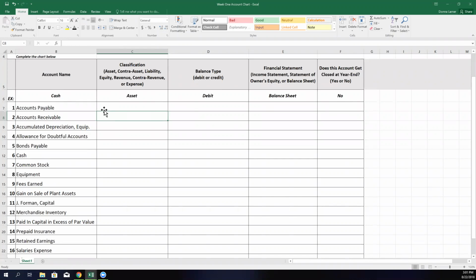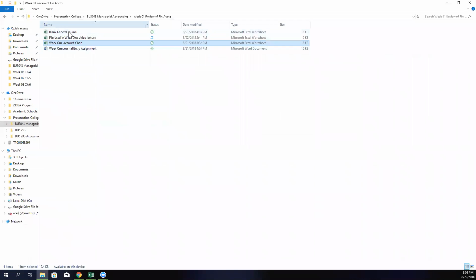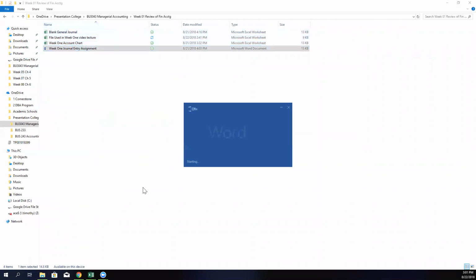But it's going to be important to have a good grasp of some of these fundamentals of accounting, because while we're going into a different area of accounting, it's still accounting. So we're trying to do some exercises to bring this back up into the memory banks. So step one of your homework is finish this chart and submit it. The other thing you have to do in your homework is this journal entry assignment,